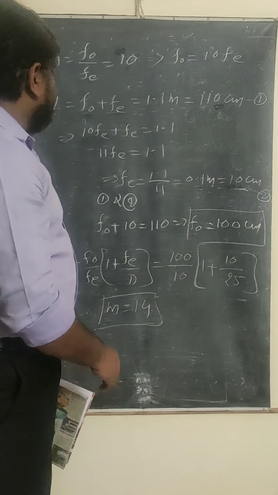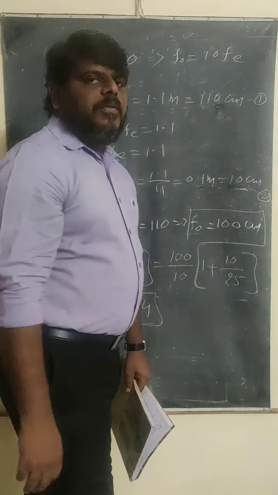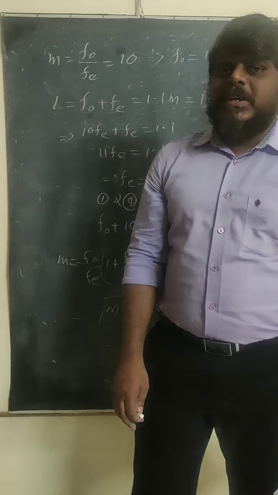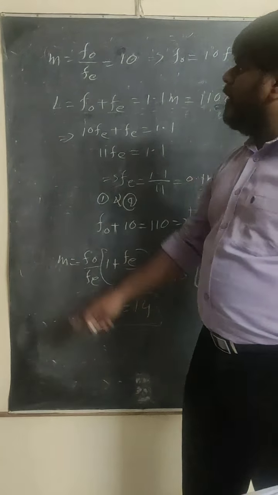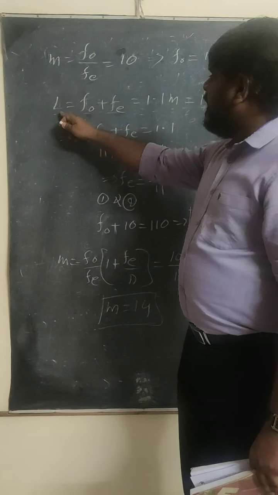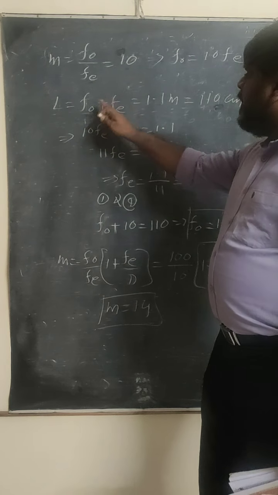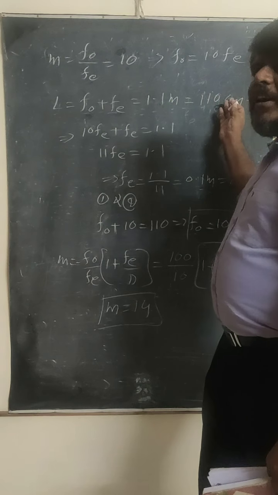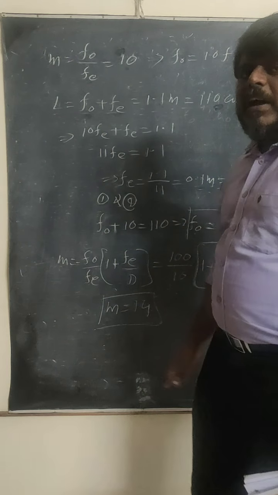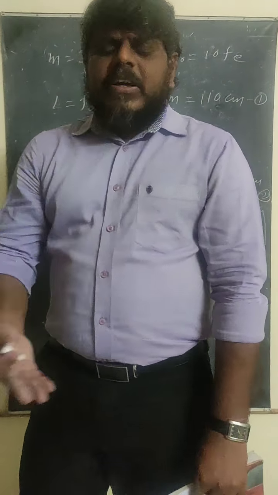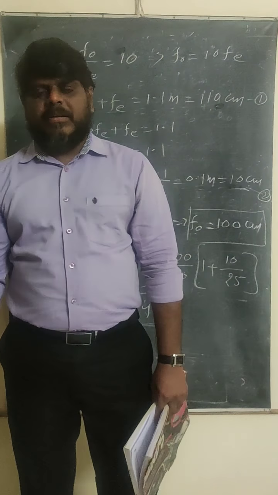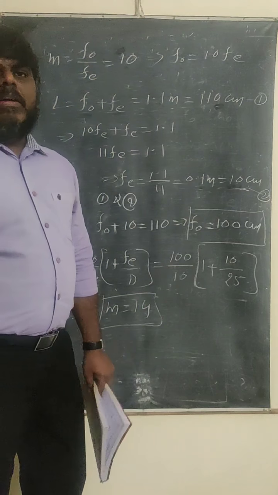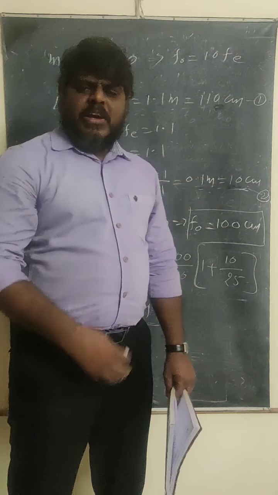In this problem, we calculated the focal length of the eyepiece and the objective lens based on the relations given in the problem. M is equal to F naught by Fe and L is equal to F naught plus Fe. The length is given in meters, we converted to centimeters and substituted the values in centimeters itself. Either you can substitute in centimeters or directly in meters, you get the same answer, and the answer will be 14. Okay, this is the solution. Go for the next problem.